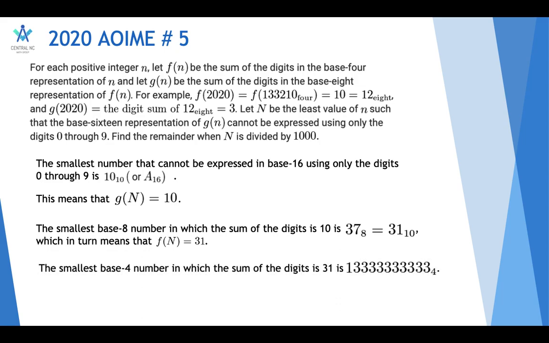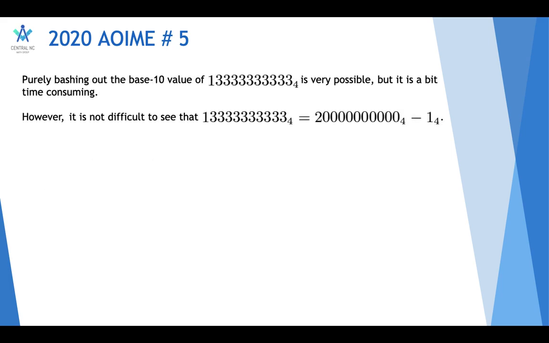And the smallest base 4 number in which the sum of the digits is 31 is a 1 followed by 10 threes. Finding the base 10 value of this is not too hard, but it is a little bit time consuming until you realize that this is just equal to 2 followed by 10 zeros minus 1, and 2 followed by 10 zeros is just the same as 2 times 4 to the 10th power, and then 1 is 1